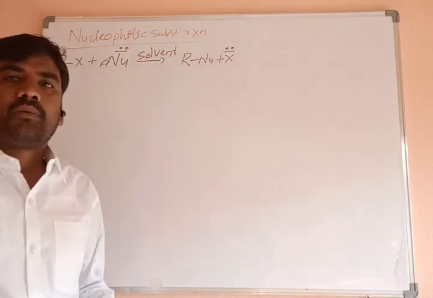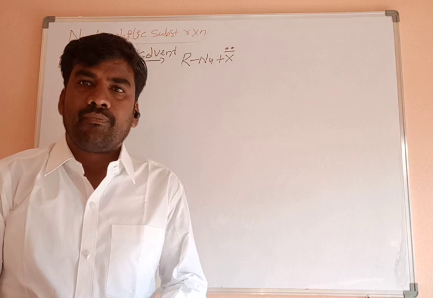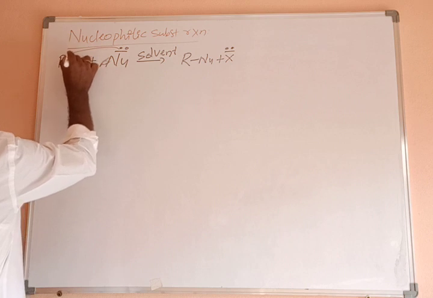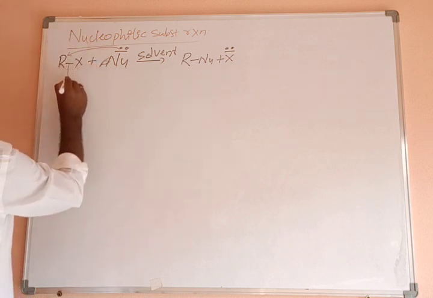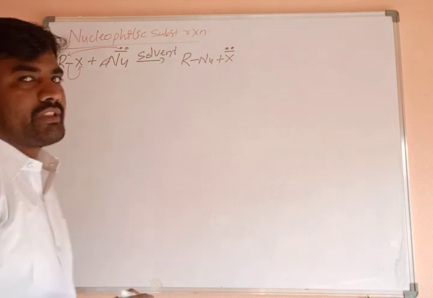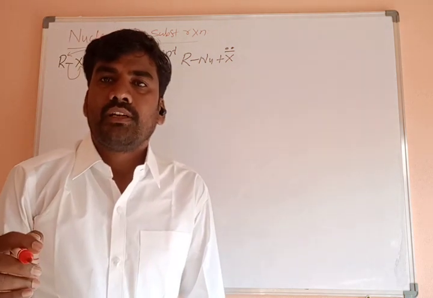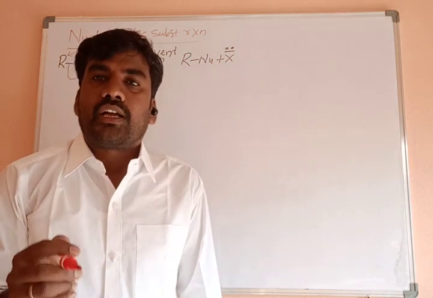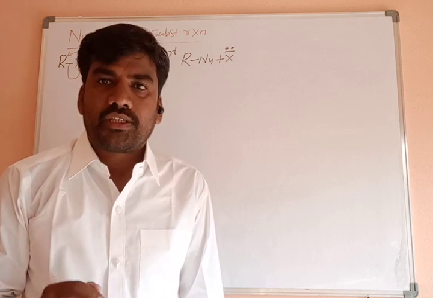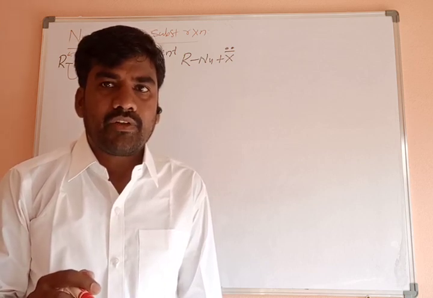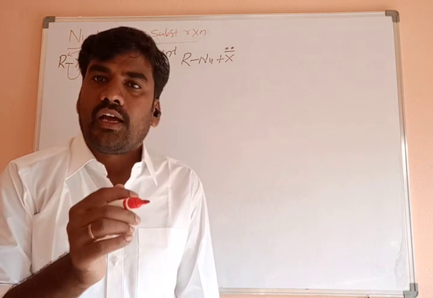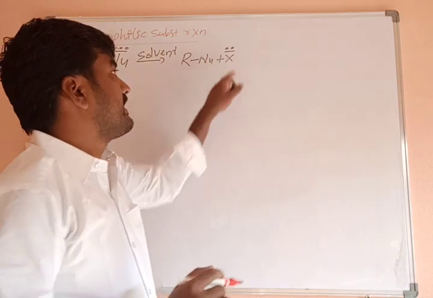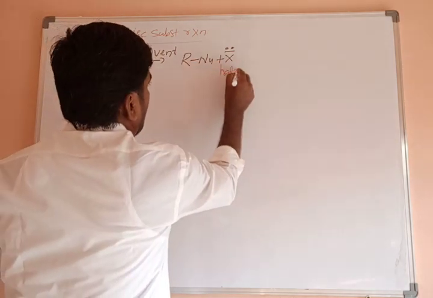In alkyl halides, the bond between carbon and halogen is polar in nature. When a stronger nucleophile attacks the partially positively charged carbon atom, the bond pair between carbon and halogen moves with the halogen atom. The halogen is displaced with a pair of electrons by heterolytic bond cleavage. As the bond strength between carbon and nucleophile increases, the halogen atom is displaced from the substrate and converted into a halide ion.